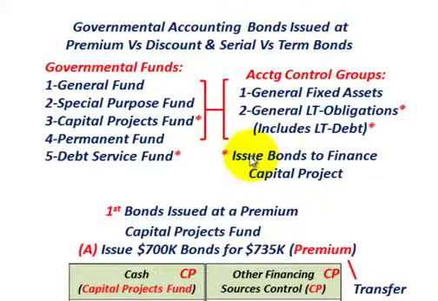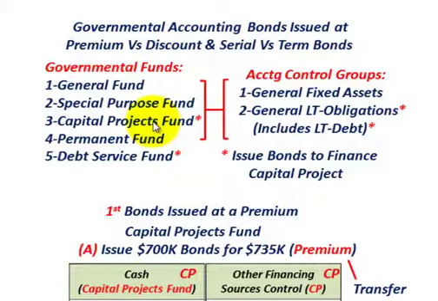For our example here, a city or municipality is going to issue some bonds to finance some capital projects. What this is going to involve, under our governmental funds, is the capital projects fund for the issuing of those bonds. Along with that, we're going to have the debt service fund. The debt service fund is a fund group where we're going to service the debt